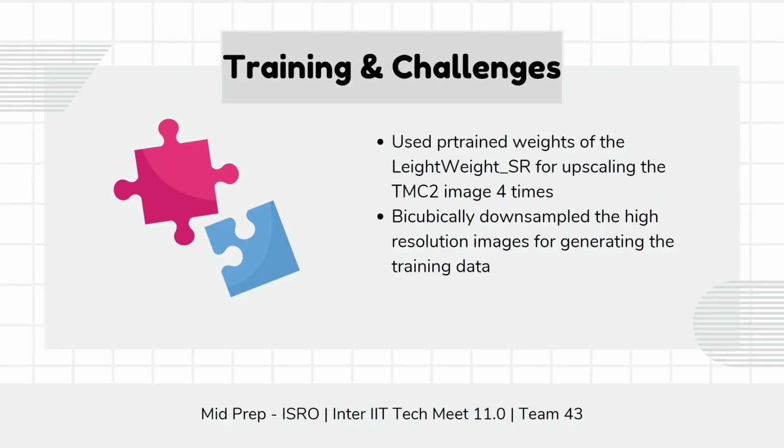Now I would be focusing on the training and challenges faced during the SwinIR architecture. Due to the reason similar to the SREAN model, the pre-trained weights which were used had superiority in terms of performance, and it reduced our training time considerably since we did not have exact corresponding NAC to TMC images as labels. We bicubically downsampled the image 4 times to generate the training data. For achieving a 16x scale from the TMC images, we executed the forward pass twice from the generator and used a cascading loop similar to the SREAN model.